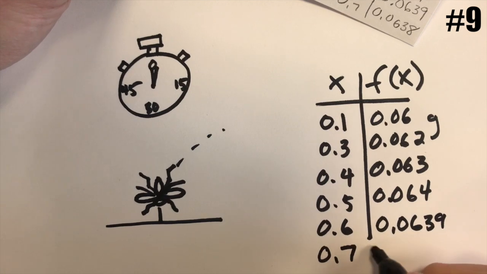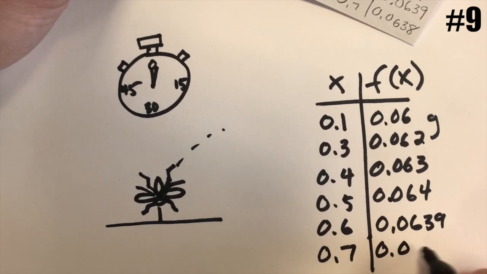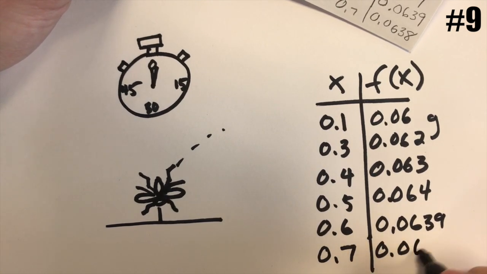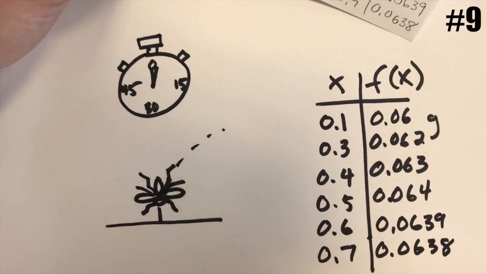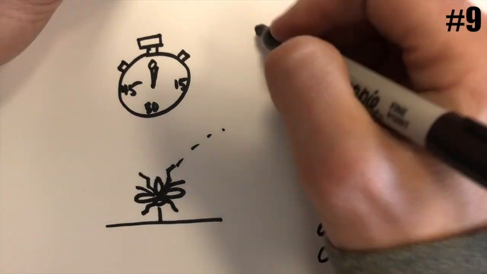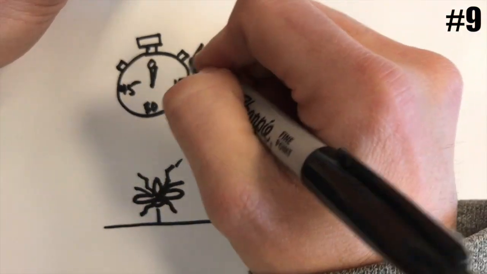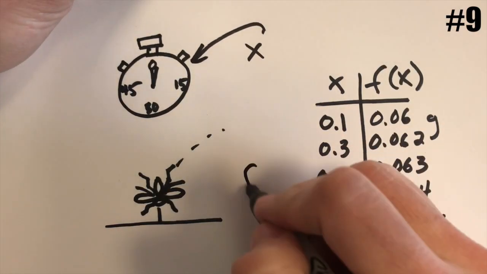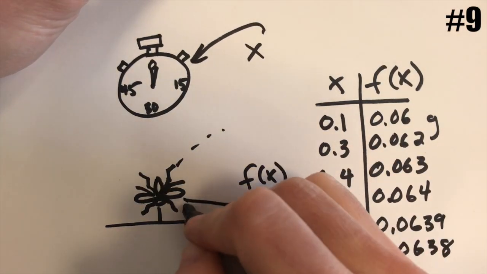And just a 1/10 of a second later, it loses another 10,000th of a gram. So if x is again the time in seconds and f of x is the mass of that mosquito,